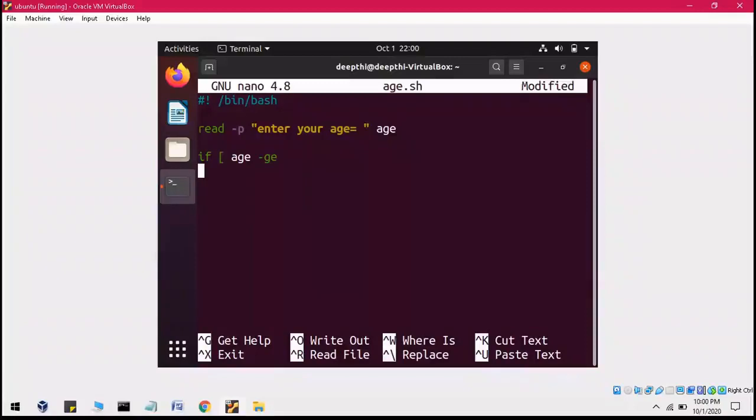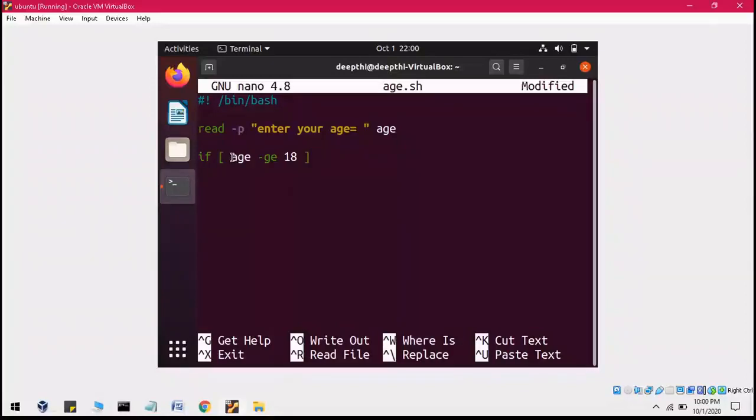It is green, and this comes under the syntax of shell scripting, and this is by default defined in the shell script. That is why this is in green color. Similarly, this square bracket, if, read, all these are keywords available in shell scripting. And then you write, let's say, greater than 18. Okay. And then with a space, you end this bracket.